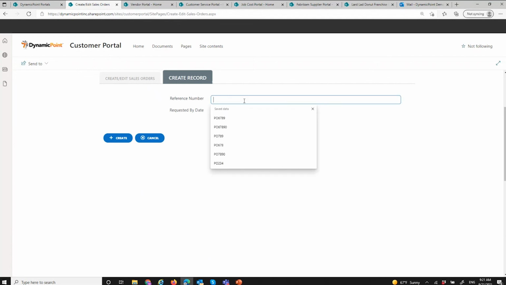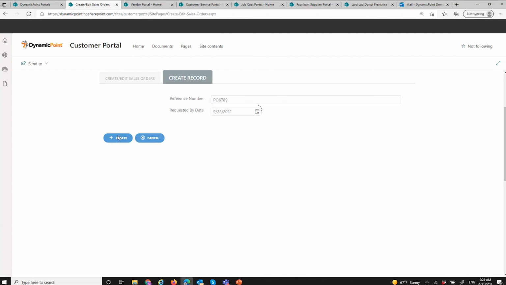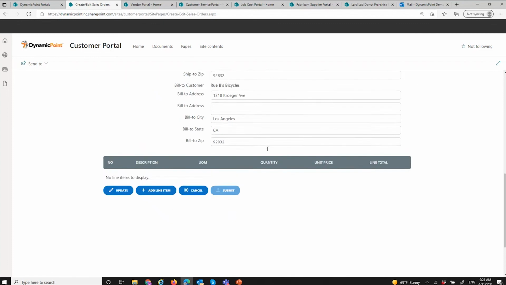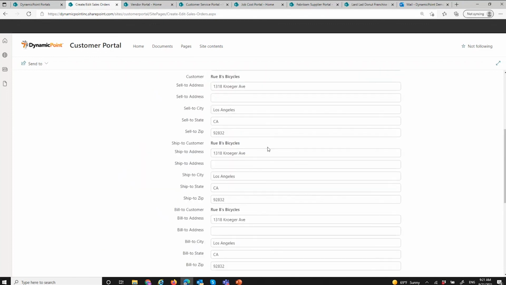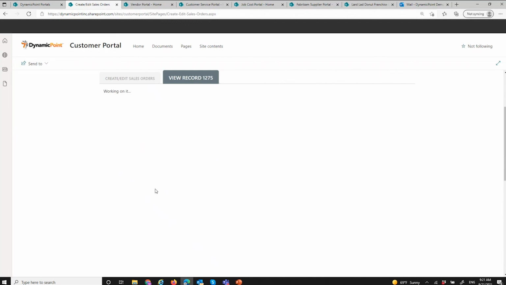So if I were to go through the creation here, what's going to occur is I'm going to put in some basic information. The portal is going to call the business logic of the ERP application, pass my customer details, like my customer ID, and then default with all of the out-of-the-box ERP standard logic, such as my bill to, ship to, etc. So now I've basically created the beginnings of an order, and I could start adding line items associated to it.